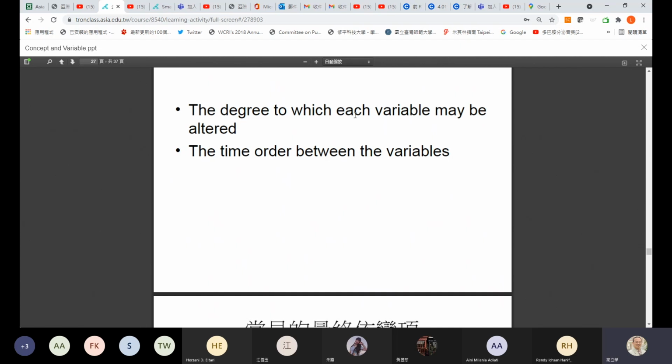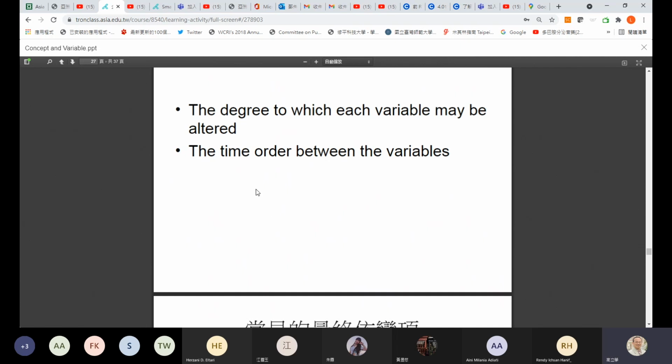Okay, that's what I mean. The degree to which each variable may be altered. So, for example, gender is hard to alter, so this one will be the independent variable. And the time order between the variables: for example, time 1, time 2.